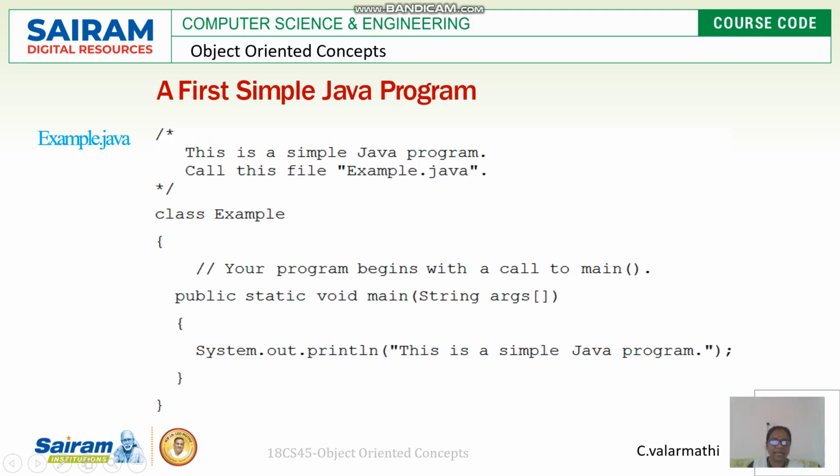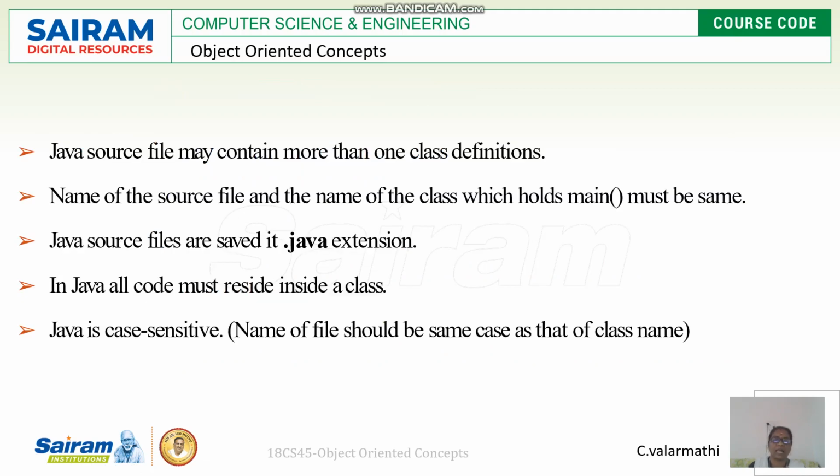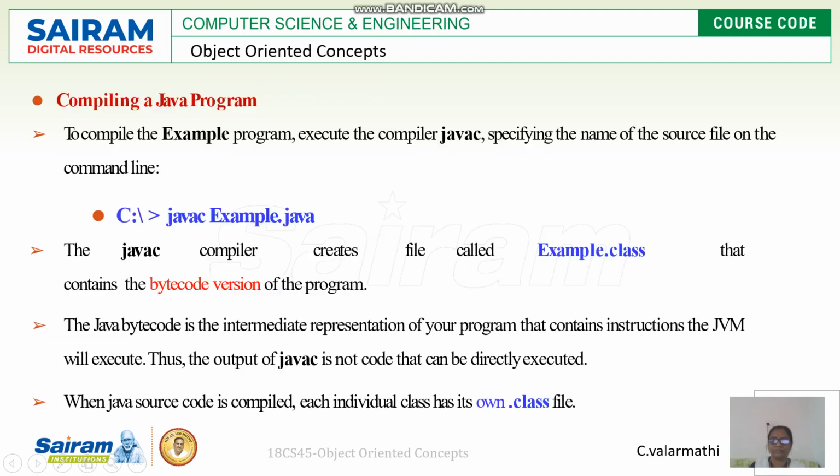Here class Example is one of the classes. It consists of main, so I can save the entire file as Example.java. Say, for example, if I define one more class without the void main, I cannot save that file with that other class name. So what we have to understand is that while saving our Java file, we have to confirm which class has the main method.